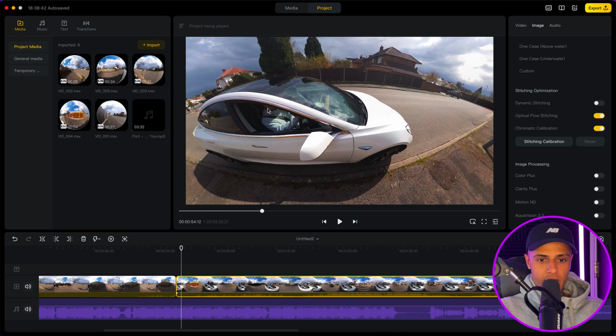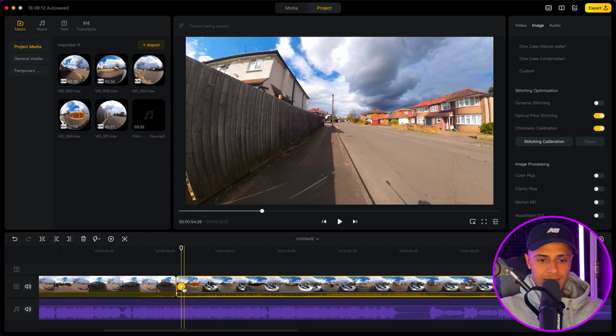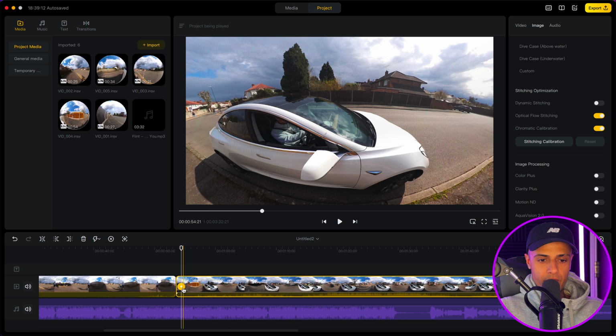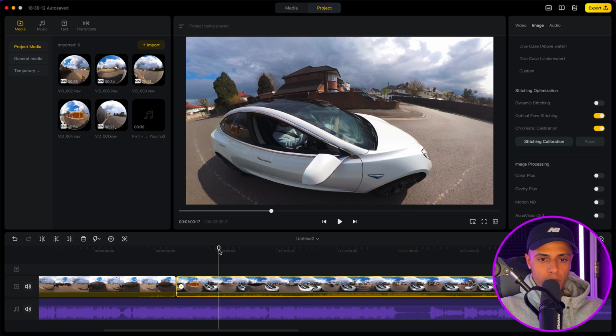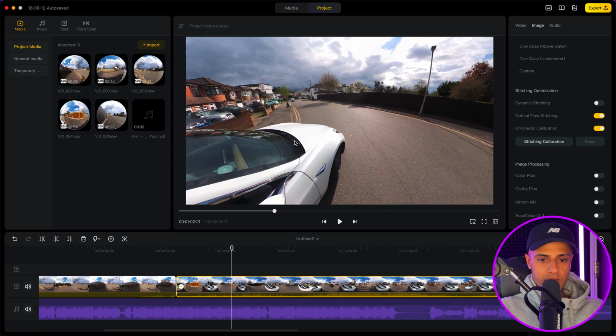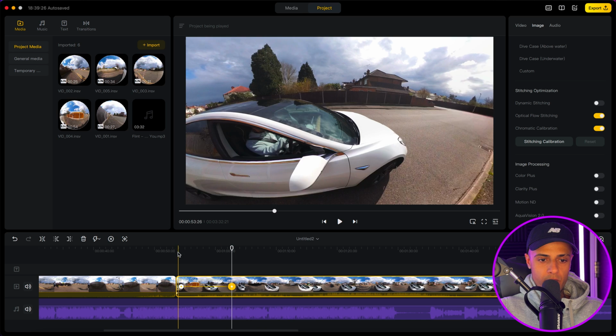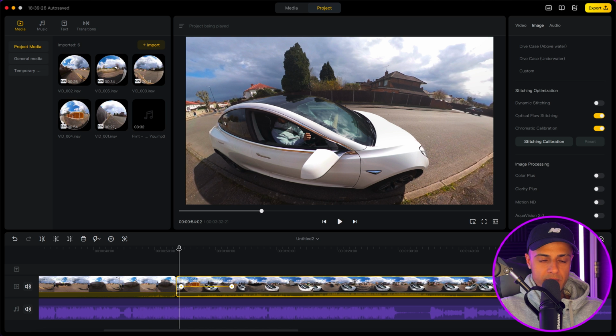There I am in the car. And let's say I wanted it like that. I'm going to go to add keyframe, and you can see it adds this yellow keyframe there. Then I'm going to move it along a little bit, and let's say I wanted the camera to turn around to face the front a little bit. I'm going to turn it around as I just did, and then add keyframe. So now when I play it from keyframe to keyframe,